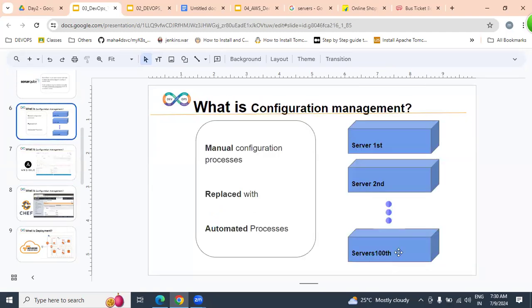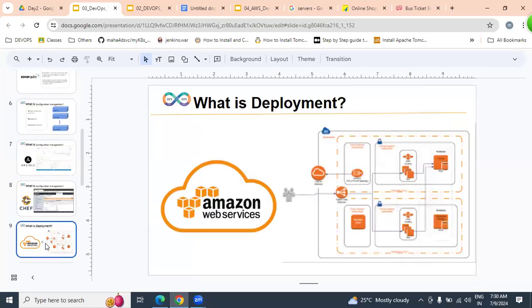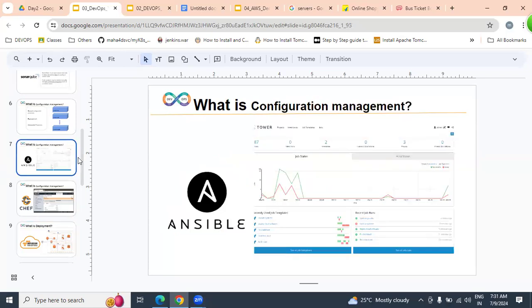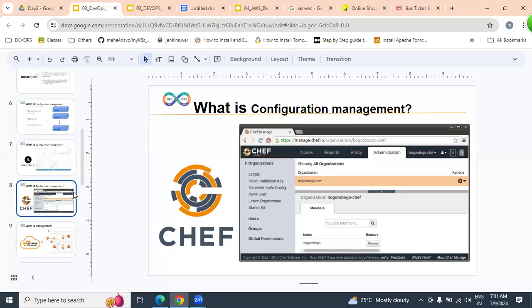But where can we get these hundreds of servers from? Either a physical environment, a virtual environment, or the cloud. Which cloud are we going to use? AWS, Amazon Web Services, or Azure, or Google, any cloud. But we need a service only. In this course we are learning AWS. With this AWS cloud, we can get hundreds of servers, and place our applications on them very easily, automated with Ansible and Chef. Clear? Repeat one more time for my satisfaction.